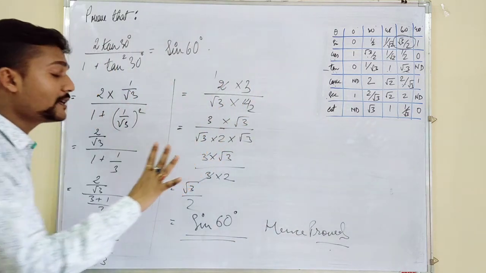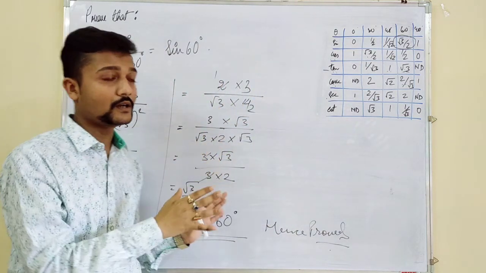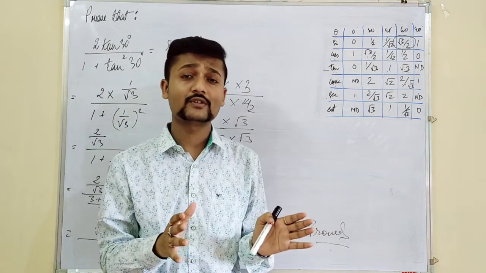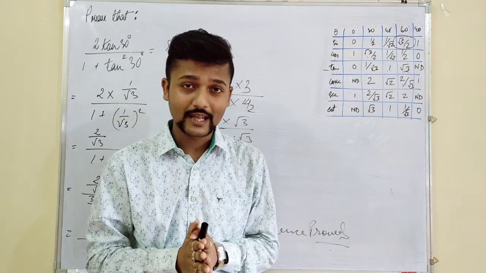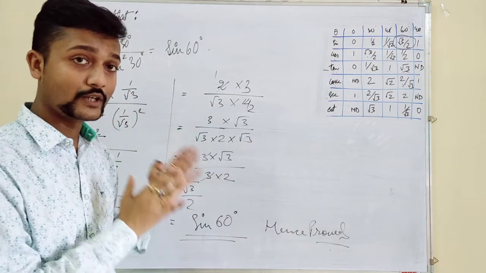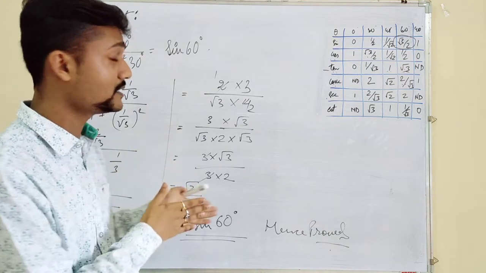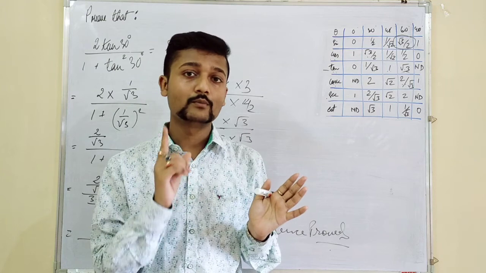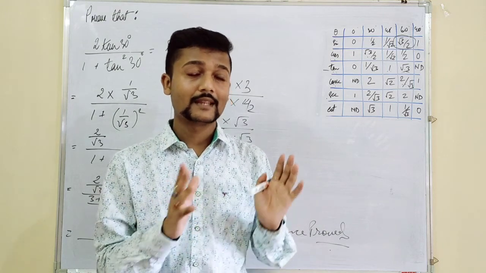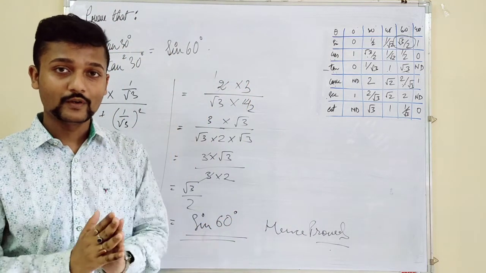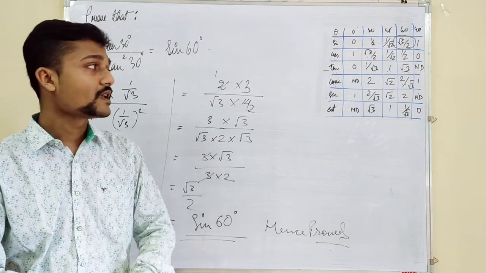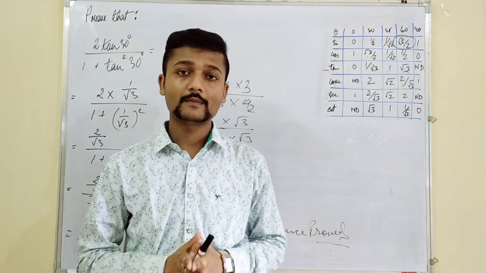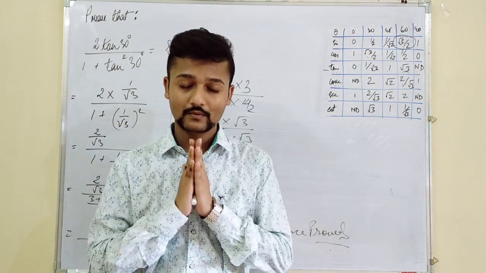So with this I would like to stop my today's class on this topic, that is trigonometric ratios of various special angles and questions related to that topic. Today we have discussed the table, and we have also discussed some questions related to that part. Now this topic is not over. One more class I will take based on this topic, and then this part will be over. Then we will move on to the next concept. So till then, do the work that I have done and stay tuned with my channel. I would like to wrap up my today's class with this.